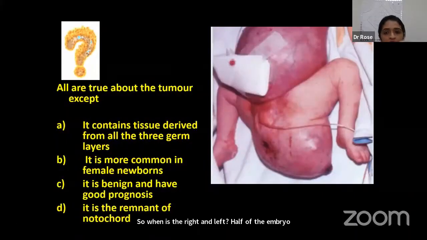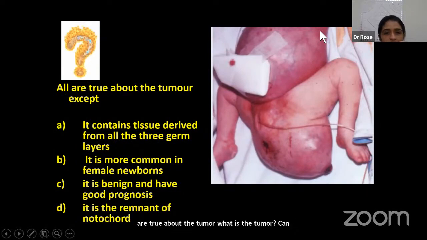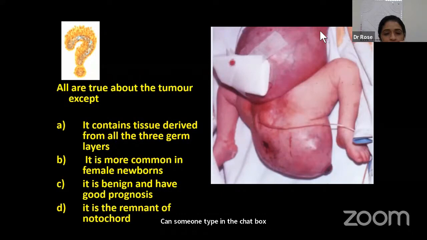All are true about this tumor except. What is this tumor? Can someone type in the chat box? Can you identify it? The most common tumor which happens in the newborn. Very good, Anju, yes, sacrococcygeal teratoma. So all are true about this tumor except: